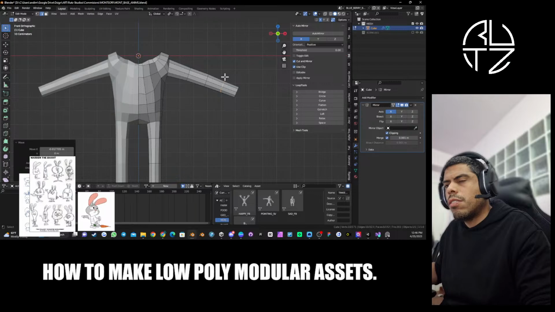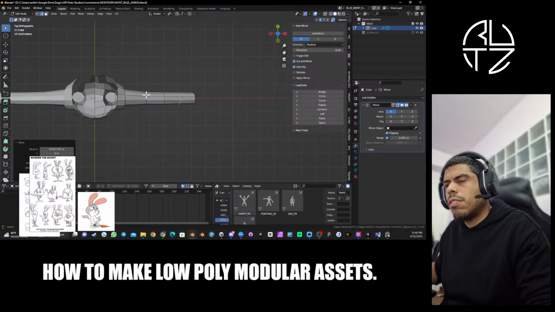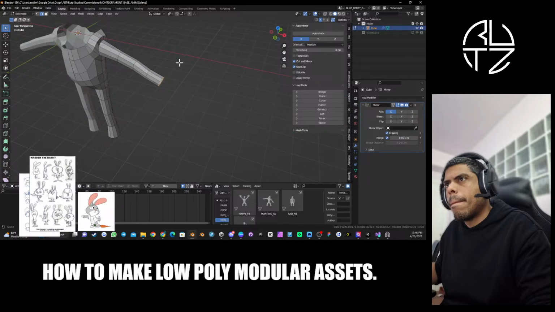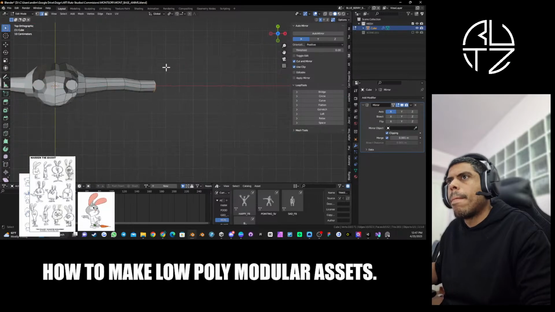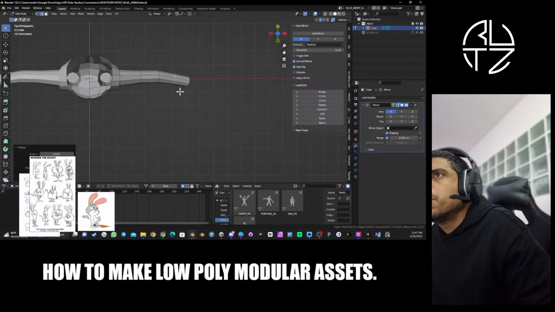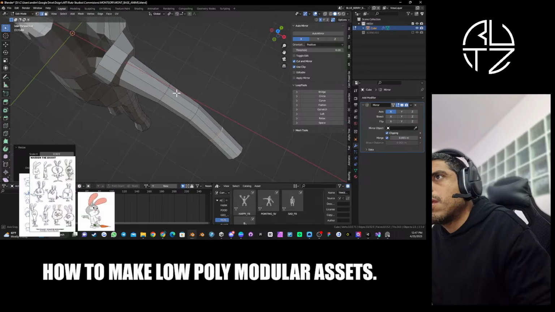There we go. Okay. And do the same thing. We gotta pull this back. This will be elbow. And when you're doing animations or you're gonna animate something, you really wanna keep that in mind when you are creating the character itself. You wanna make the edge flow work for that. And when you're rigging,